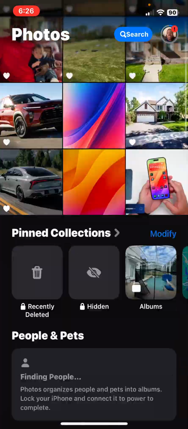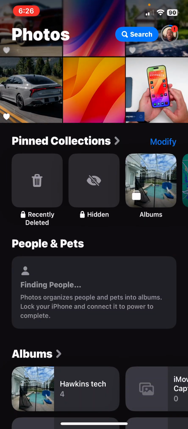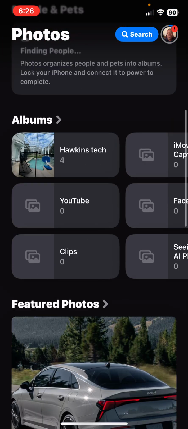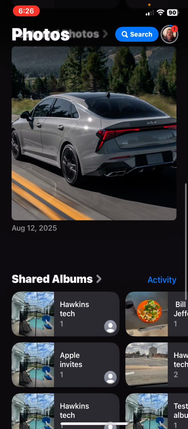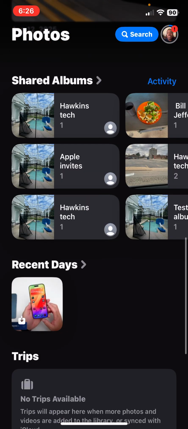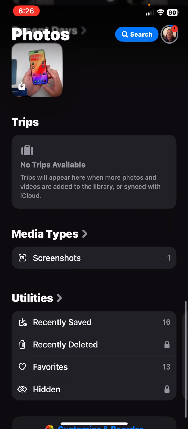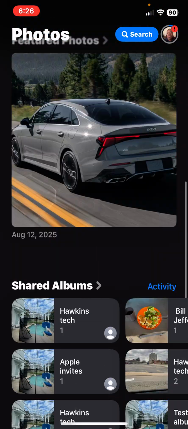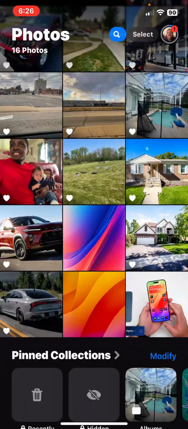Now, while you can scroll up, you typically have pin collections, people and pets albums, featured photos, shared albums, recent days, trips, media types, and utilities. And you have a couple more as well. Well,